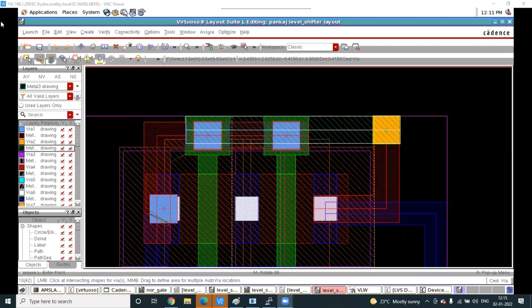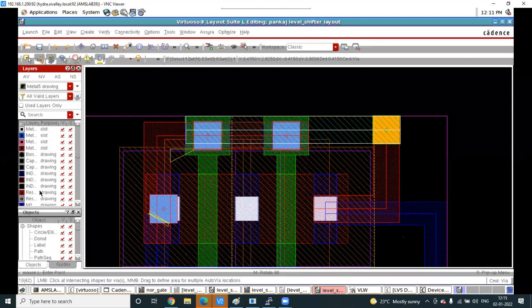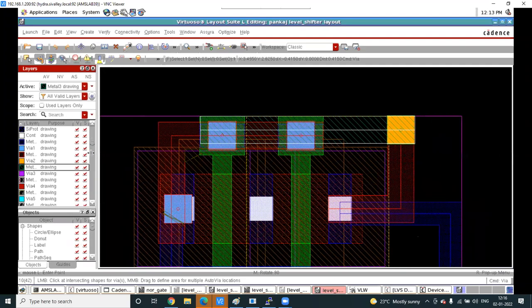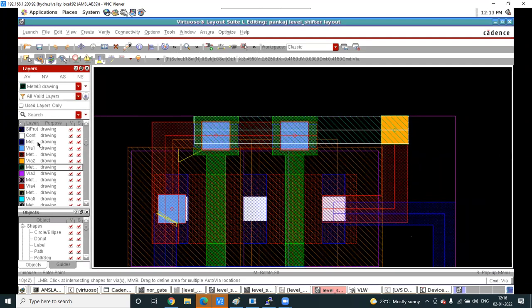Basically, I was not using the right layer, right? Yeah, exactly. You are drawing this one. If you go to this, this is slot and this is your drawing. So this is not the correct thing. Always take from this one, wherever via is there. You will see this green metal 3 drawing. Or if you stretch also, if you see upper, it is saying metal 3 drawing,